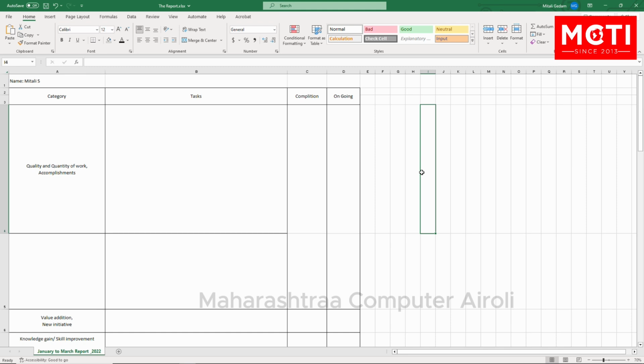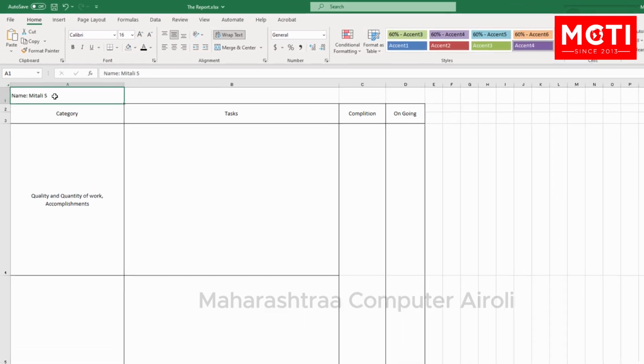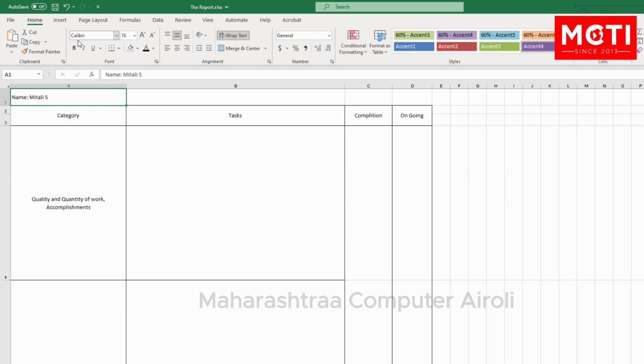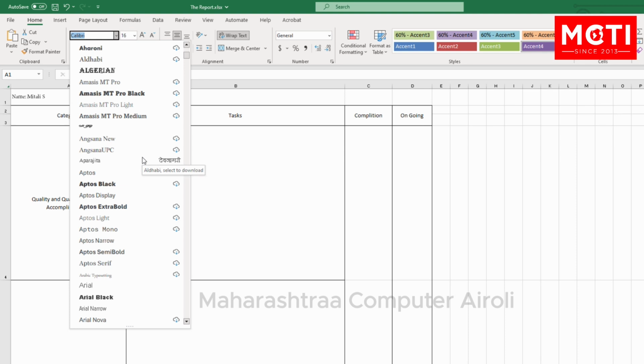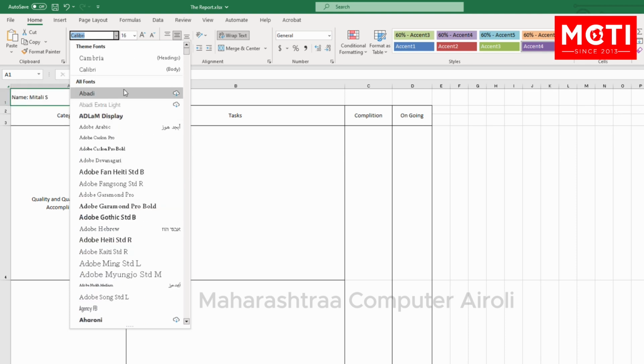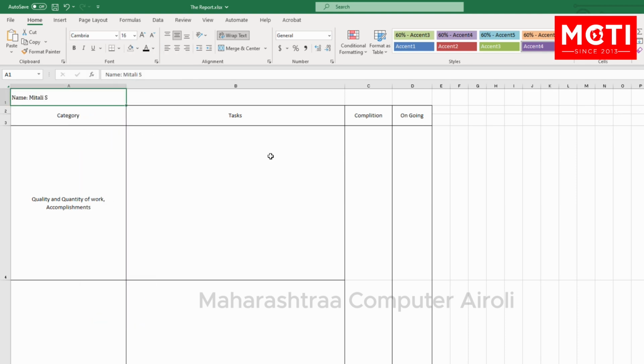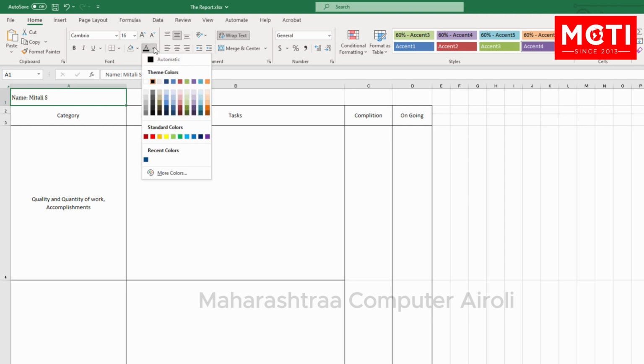Want to make boring reports stand out? Try using different fonts and colors. For that, you can select headline text or column row of heading. Then in Home tab, click on the down arrow in font section. Here you will get a number of fonts from which you can choose the desired font. If you want to change color, here in font color, you will get many color options. Click the color you wish to give. And it's done.